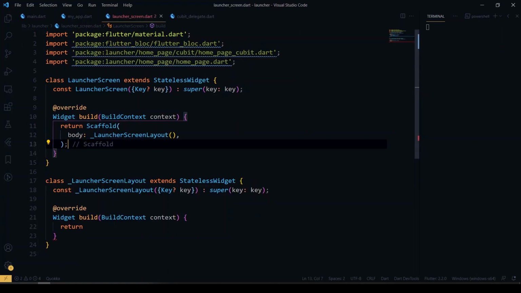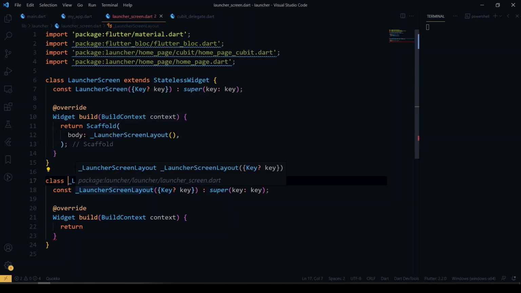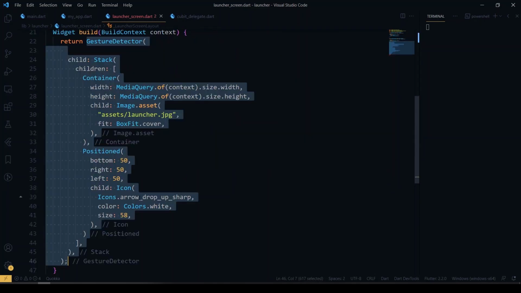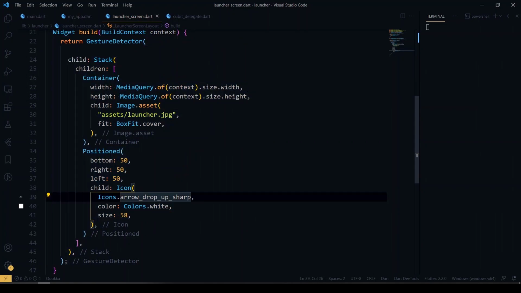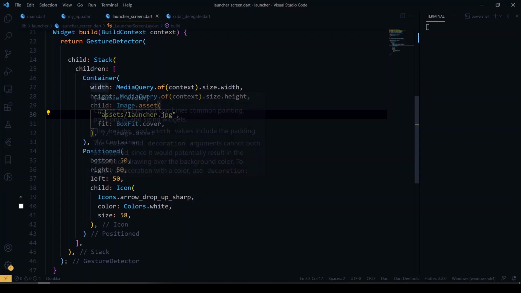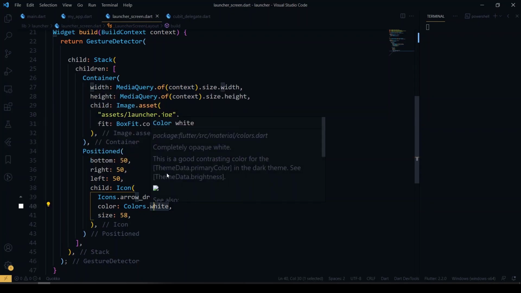Inside the launcher screen, I have added the launcher screen layout, and inside it I have defined a stack, which will have some asset image, and on top of that I'll be adding an arrow icon.